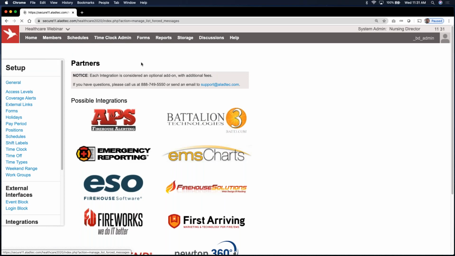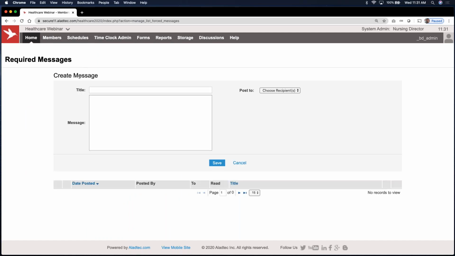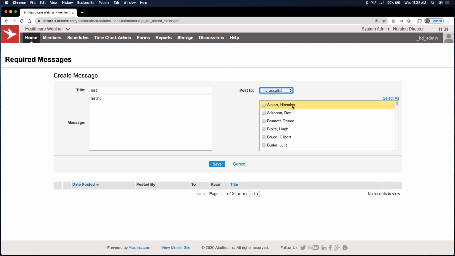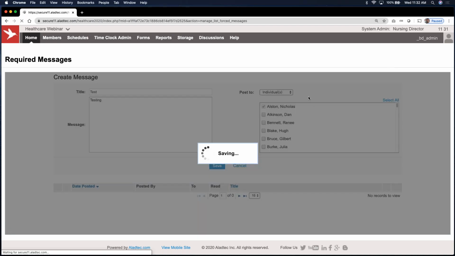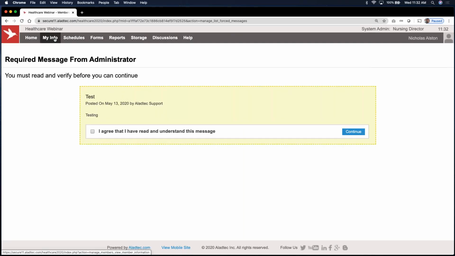One last thing I'd like to point out, back to that accountability feature, is our required messages. If you've ever sent a text or an email and haven't had a response, this allows you to create a message. Since we're a completely cloud-based system, you can access this anywhere, anytime, and you can set a message for people's home screen, because we're hoping we'd be a system that you'd log into quite frequently. Once you've created that message, then the next time someone logs in,